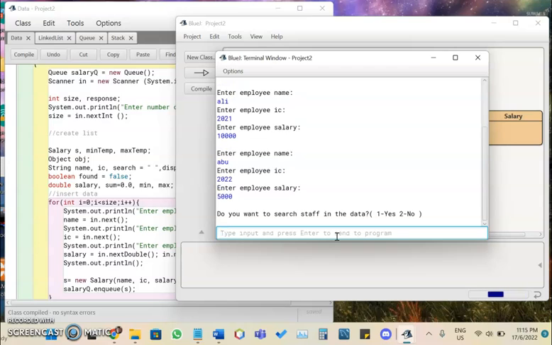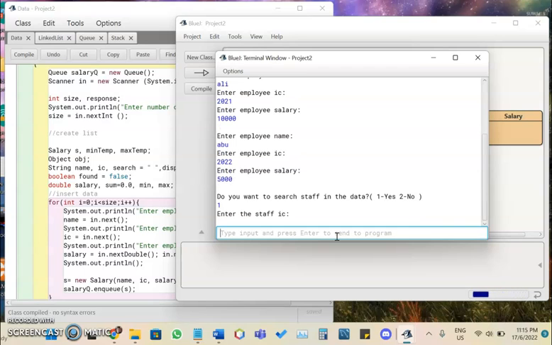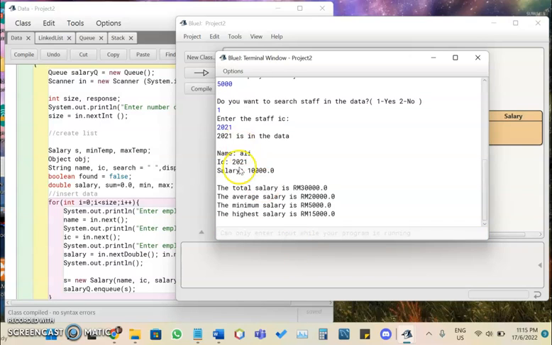So it will ask me if I want to search for an item in the data. If I insert one, then it will ask me to insert the employee IC. Let's say we want to search for someone with IC 2021. It will display the data. We will see that 2021 is in the data, and we will display all the details. And this is all the total, the average, minimum, and the maximum of the data